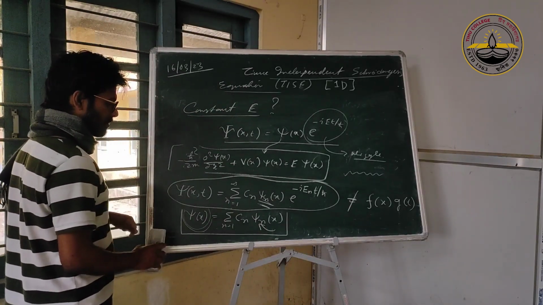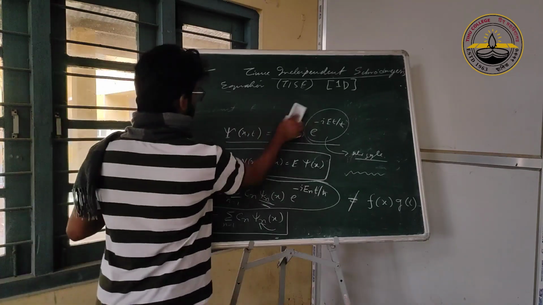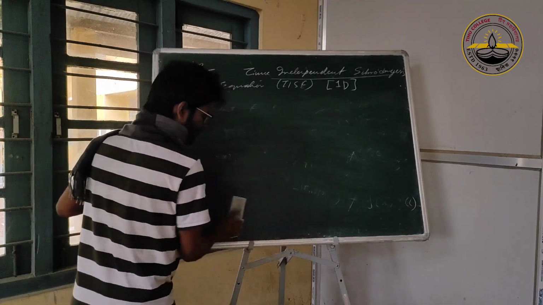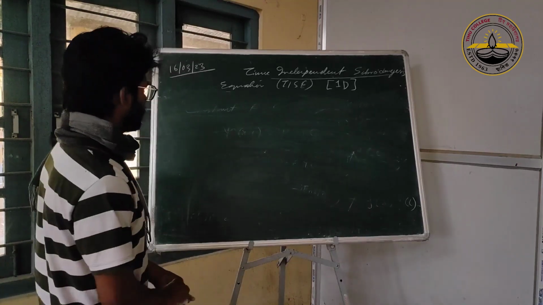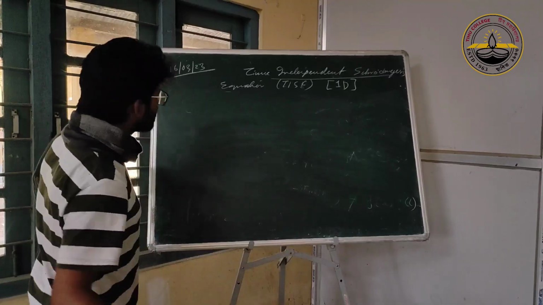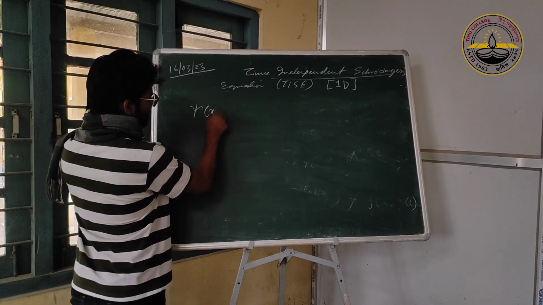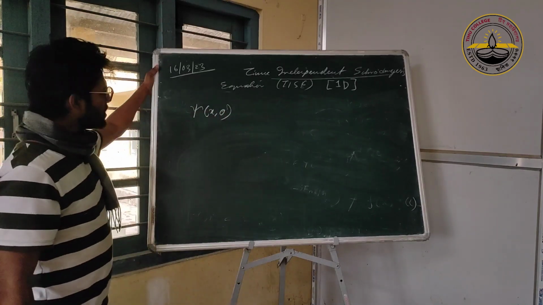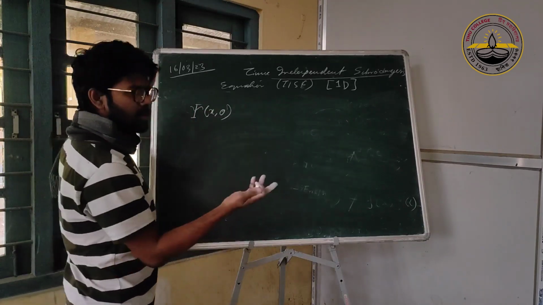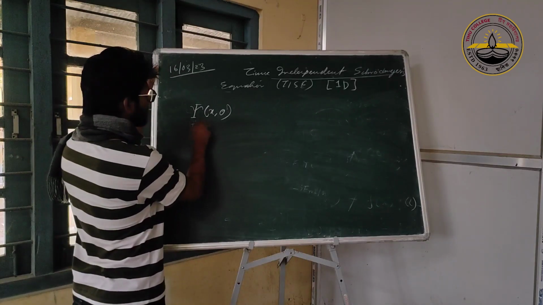So to summarize, because it's important, how do we begin and what do we do in solving a quantum mechanical problem? First of all, somebody gives us some initial condition, psi of x, 0. Somebody tells us that the system, a particle in a box or whatever, is in this initial state.